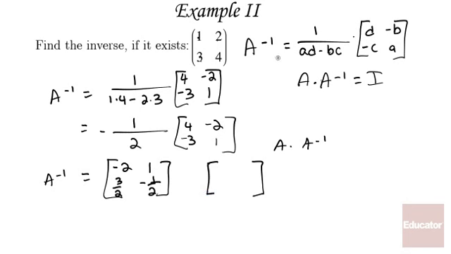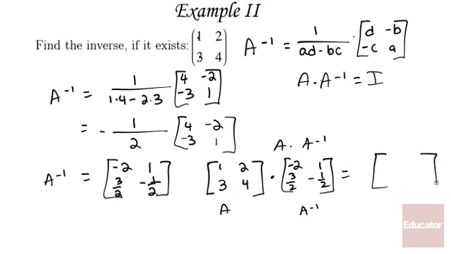So here I had A, that's 1, 2, 3, 4, and A inverse is negative 2, 1, 3 halves, negative 1 half, equals,